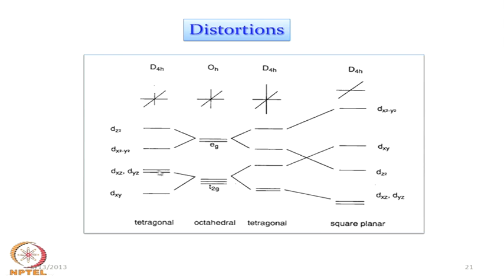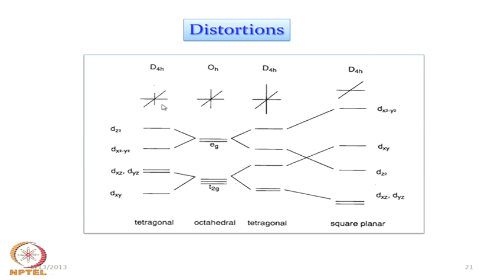So the doublet will now be destabilized compared to dxy, and these two, that means dx square minus y square and dz square, would be again split, but in the reverse order as we have seen for the corresponding elongation. So dz square would be up and dx square minus y square will be down. So in a tetragonally compressed form, our dz square would be the most destabilized one,